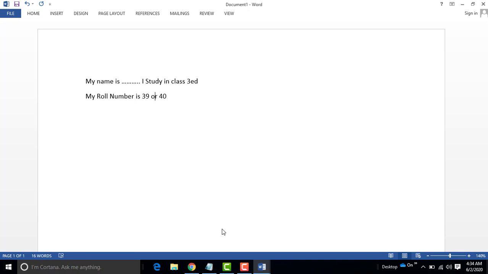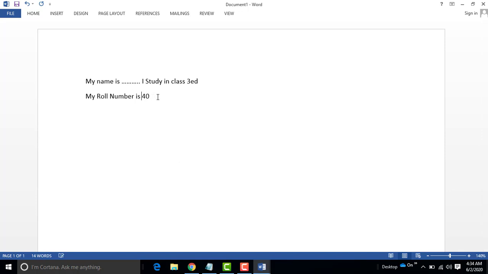And here is one main thing: how to correct a mistake in this text. In order to make a correction in the document, when you type anything wrong, like your roll number is 40 and you type 39 instead of 40, follow the given steps. Bring your cursor here and go to the backspace.